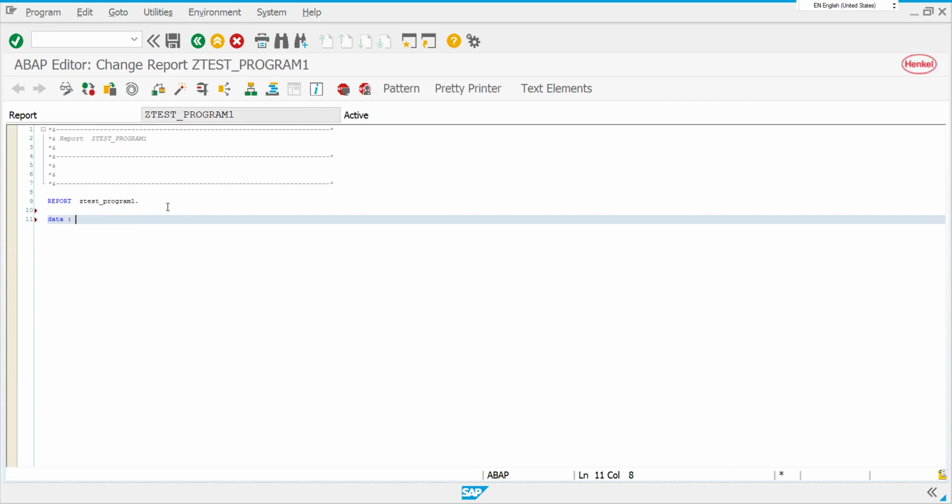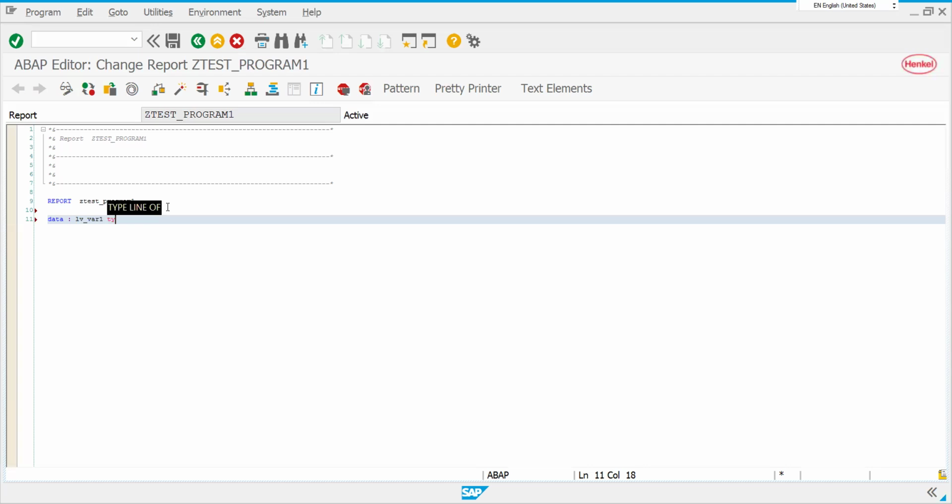You can always give meaningful names for the variables, internal tables, or work areas. So the main syntax is: LV, maybe I'll just give a variable one, and then TYPE,